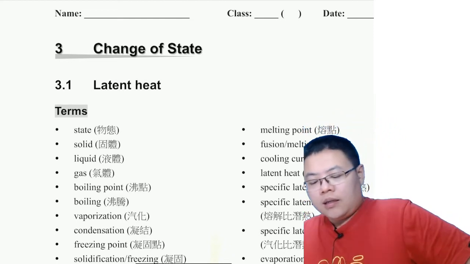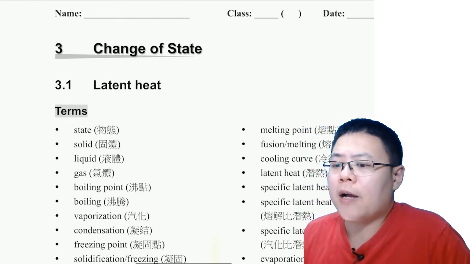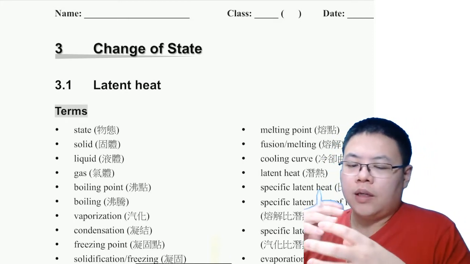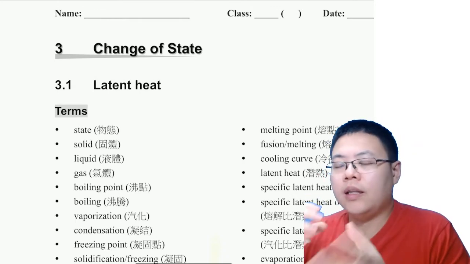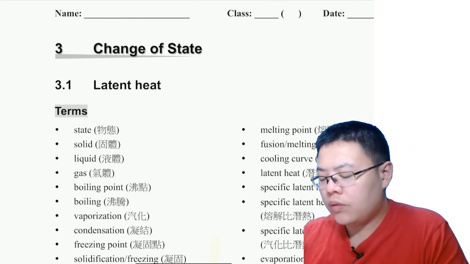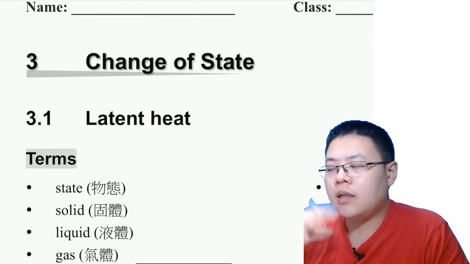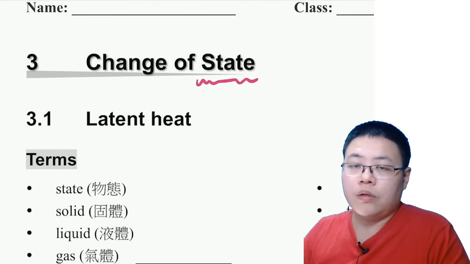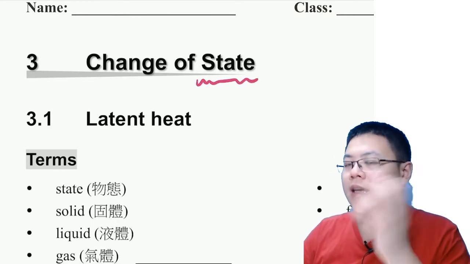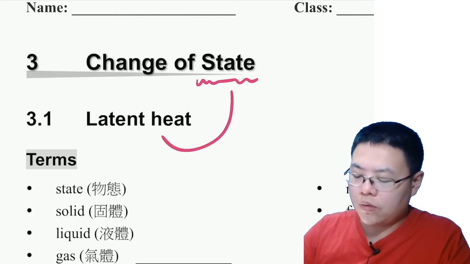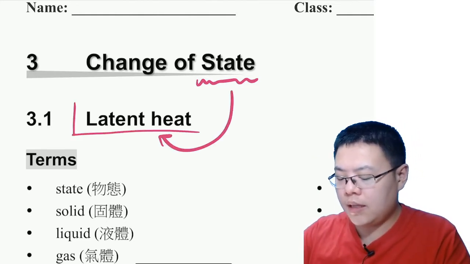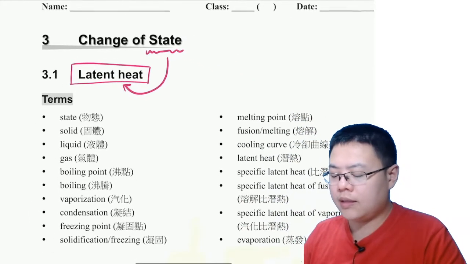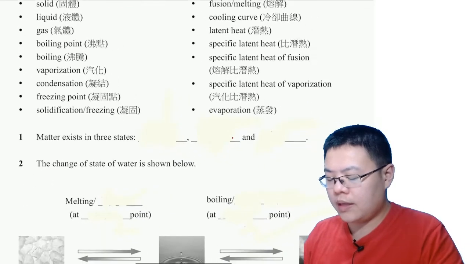Okay, in the last video clip, we have mentioned something about the change of state. What it takes for the ice to become water, it also absorbs energy. So, about the energy level of an object, it is not only the temperature that matters. The change of state also involves energy, and that energy involved in the change of state is called the latent heat, 潛熱. The energy taken or given out when one state becomes another.